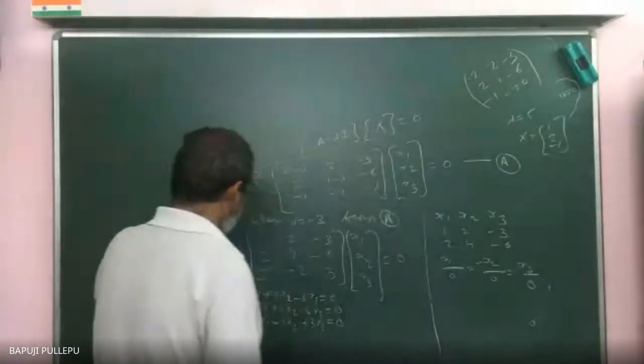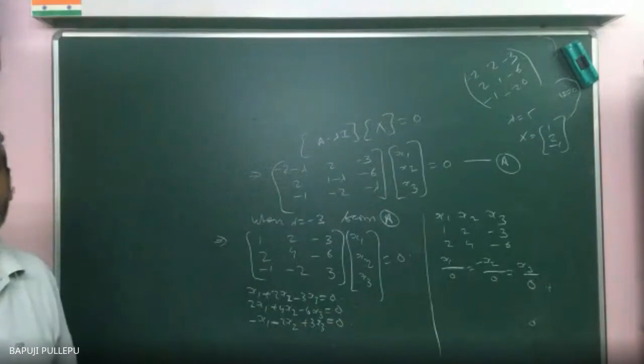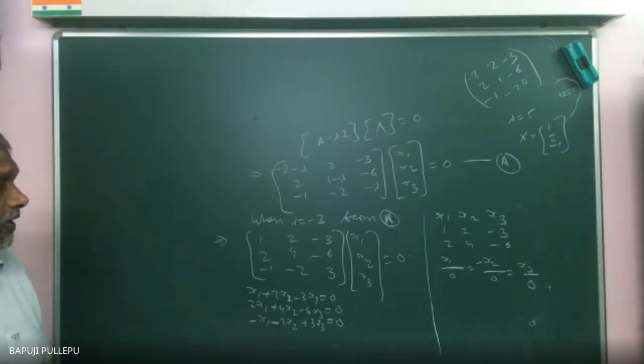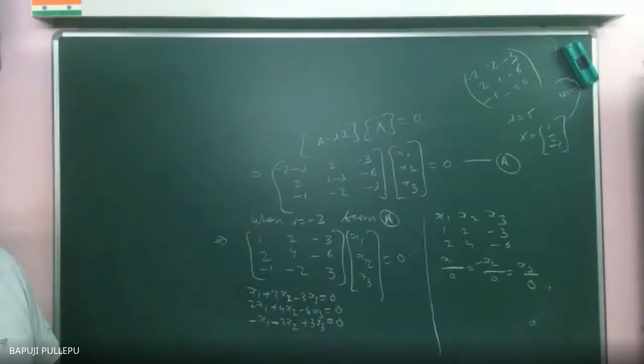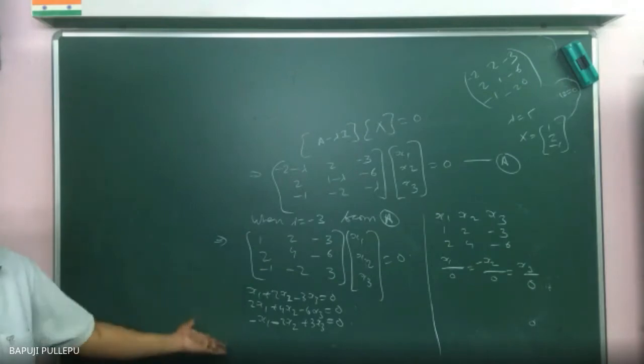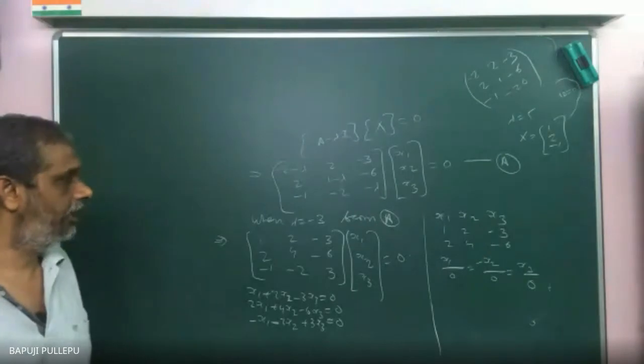So if 2 equations are same, what? I don't want to go that method. I will drop that. If there are 3 different equations, I will go for that and solve. Then I can tell what my x1, x2, x3 are. Now my job is what? Take any one equation. The 3 equations are the same, or not? Yes, sir. From this you can take any one equation. I am taking the first equation. Are you agreed with me? Yes, sir. Okay. I will take the first equation.